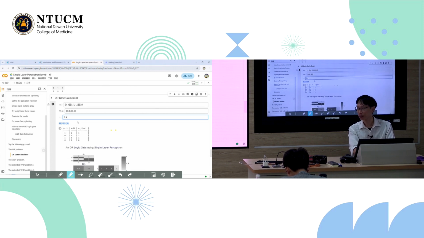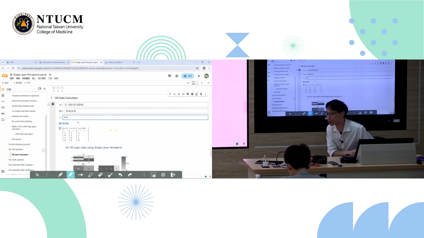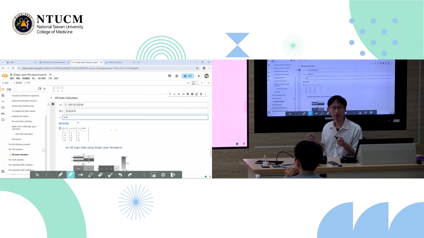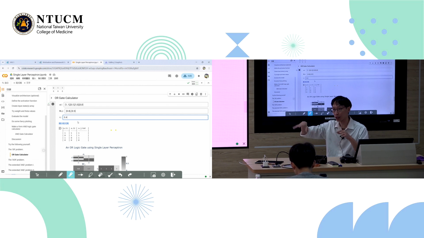Okay, it popped. So I would say this is more efficient than changing weights, is to change your thresholds. Because weights, I have to change one at a time. But threshold, I just change one and I apply it to all the nodes using this activation function. By the way, it is not necessary that all the nodes have to use the same activation function. In this case, it is. I have only one threshold function and I use it for all my nodes.